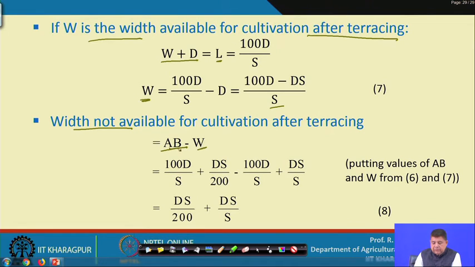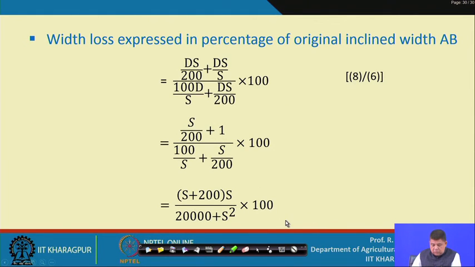So, simply we are putting values of AB and W here, 100 D by S plus D S by 200 minus 100 D by S plus D S by 2, and on simplification we will get D S by 200 plus D S by S. So, this is equation number 8. So, width loss expressed as percentage, that is, this is the original width, that is equation 8 divided by equation 6, and then on manipulation or simplification we get